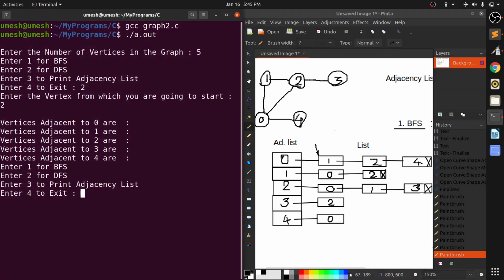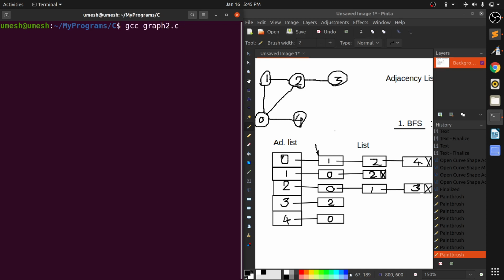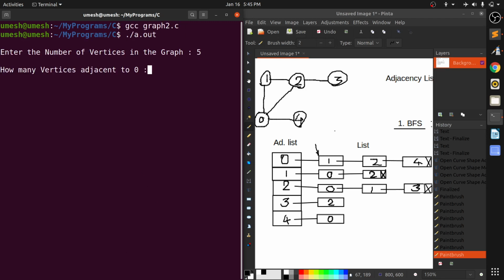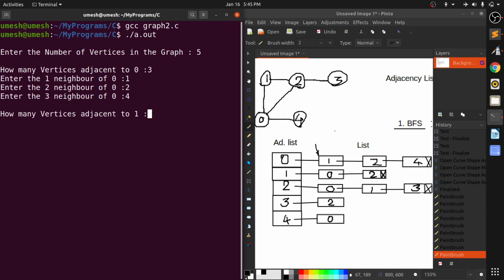Yeah, now just rerunning this program. We will get, okay, enter the number of vertices in the graph. There are 5 vertices. How many vertices are adjacent to 0? There are 3 vertices adjacent to 0, that is 1, 2 and 4. Then two vertices are adjacent to 1 and they are 0 and 2.